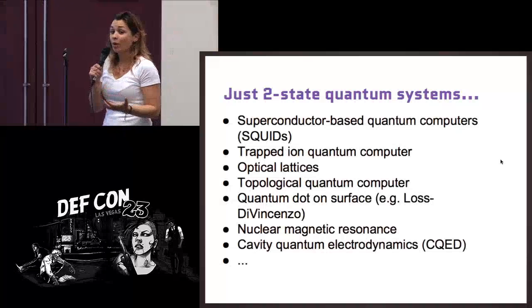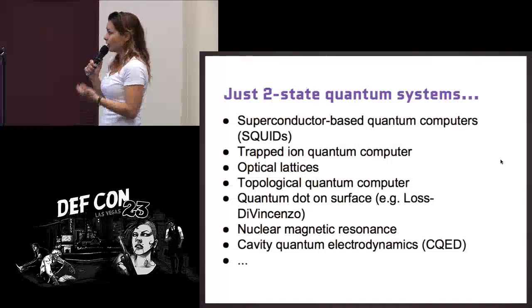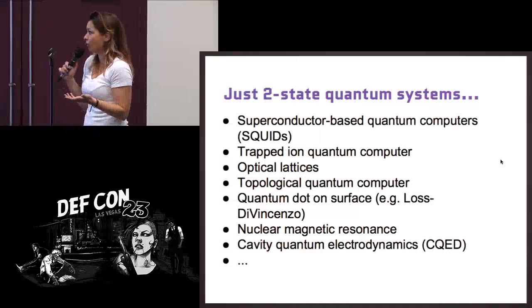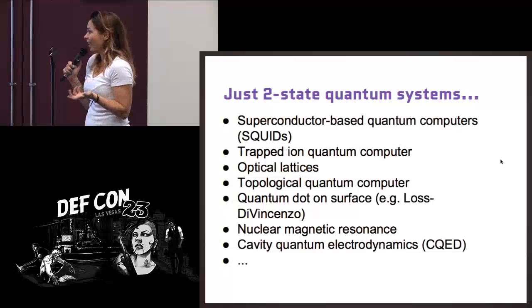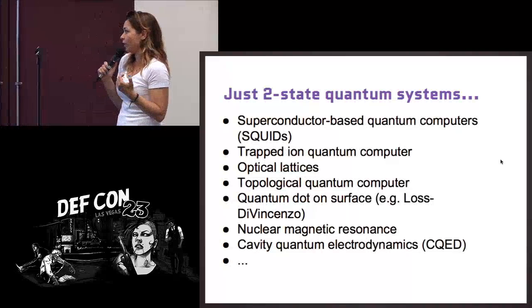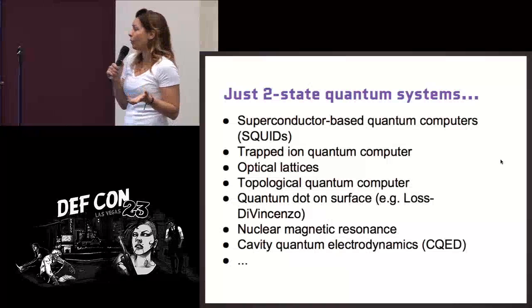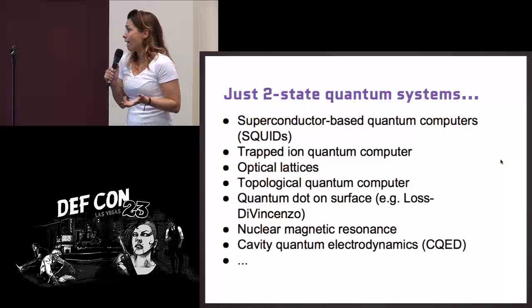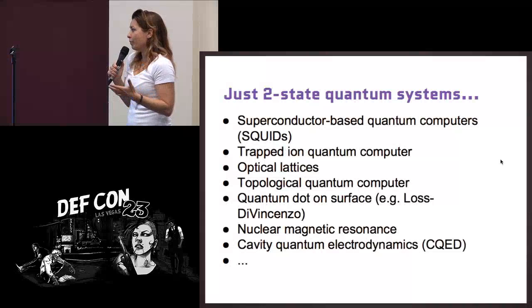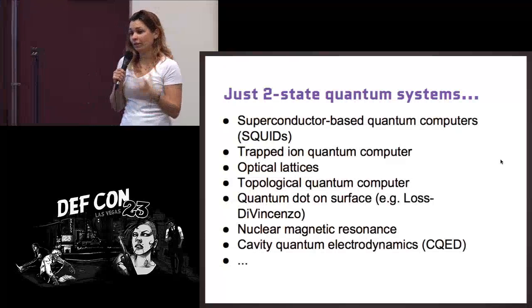And in physics, there are so many of them. They are everywhere. These are just some examples. For example, you can use superconductor-based quantum computers, which is just superconductors. You can trap ions. You can use optical lattices. There's this idea of topological quantum computers, which is a little bit more mathematical, but it's really interesting too. Quantum dots on surface, nuclear magnetic resonance, gravity, quantum electrodynamics. All these are completely different fields, and people are actively studying and learning